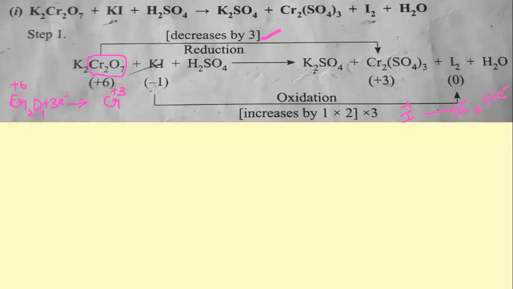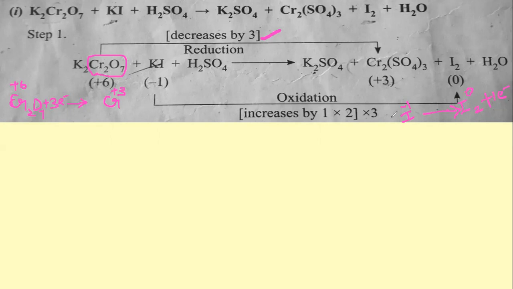See here, the detailed form of writing the oxidation and the reduction reaction is: from this KI, this iodine will have a -1 oxidation state, and in the product, that is I2, it will have the oxidation state of 0, right? Here this is said to be an oxidation. Oxidation means loss of electrons. So how many electrons get lost? 1 electron. That is what I have written here: 1 electron gets lost. Here you see 2 iodine are there on the product side.